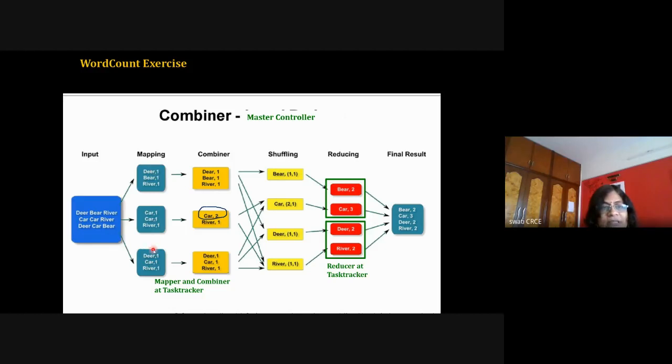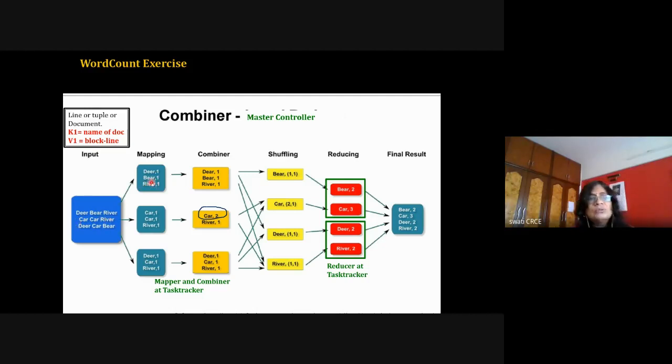Now the mapper is executed. The mapper has received the first block with the first line. The input to the mapper is the name of the document as key, and the value is the content inside the block, or in this case a line.